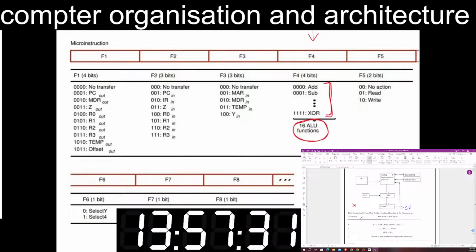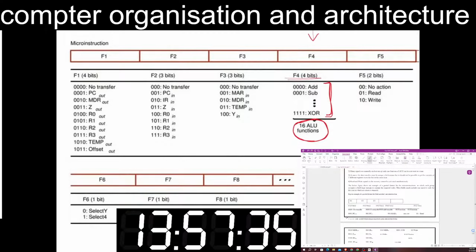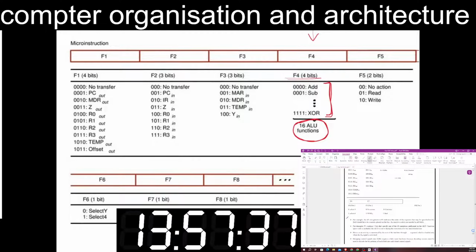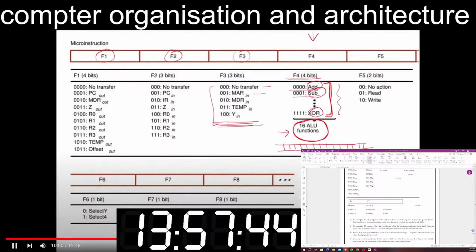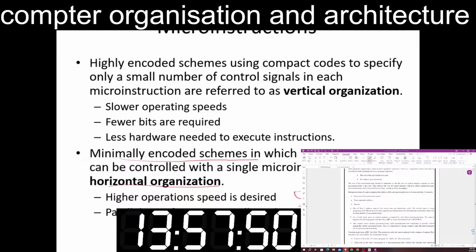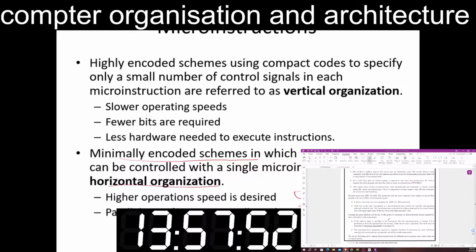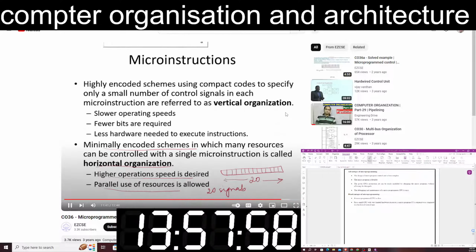So if the ALU operations were 16 in number, we can use 4 bits to identify them. The add signal has its own bit, and so on. This is possible because we are allowing parallel use of resources, and